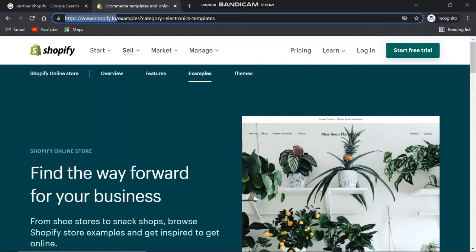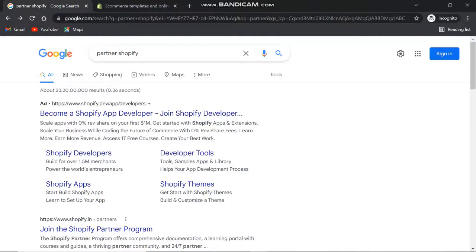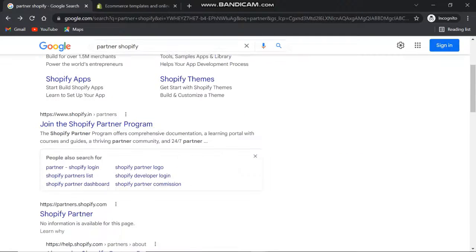and start a free trial, they will give you a 14 days trial, and then a few functionalities will be disabled, and so it will be difficult to customize the theme and everything. So it's better to start with a Shopify partner account, so you can develop your store with a lot of time, and you can change or edit whenever you want. So search Shopify partner in Google, and then go to this link, join Shopify partner program, and click on this link.